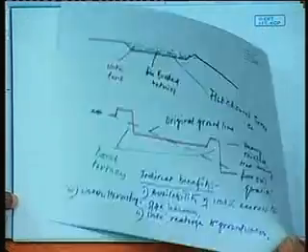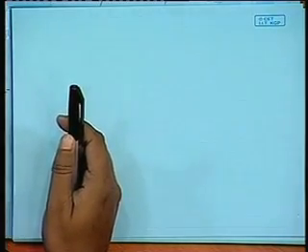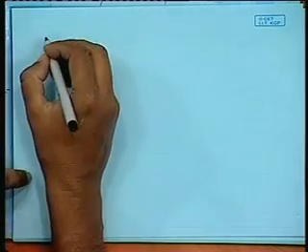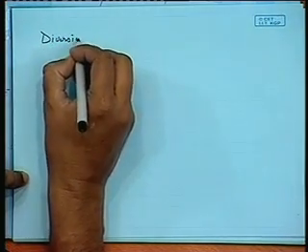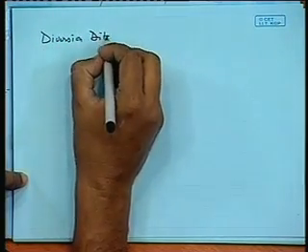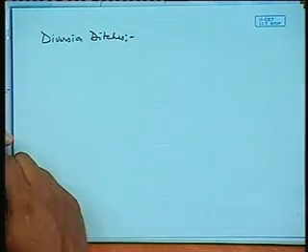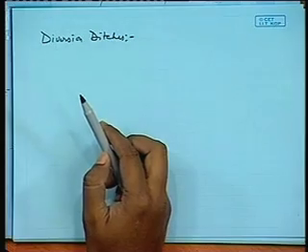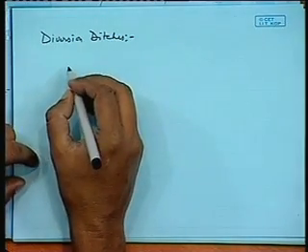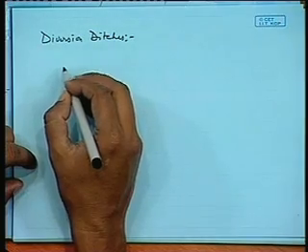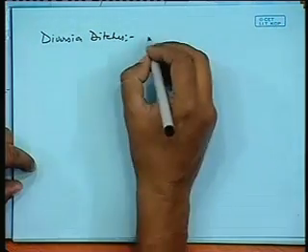Now, with these things in mind, the next is the diversion ditches. In the case of diversion ditches, the examples are generally either independent or connected with the terrace. Diversion ditches are constructed